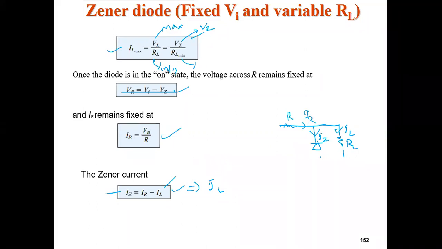So simply I can say IR equal to IZ plus IL, which implies IL equals IR minus IZ. Then if I find IL minimum,